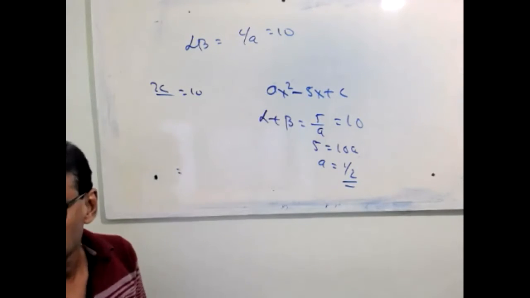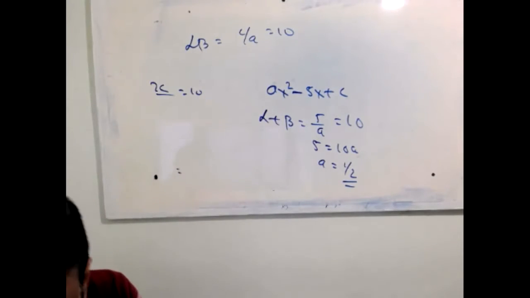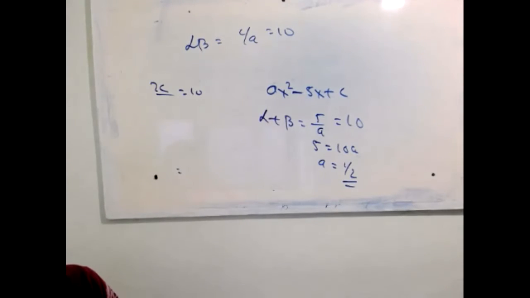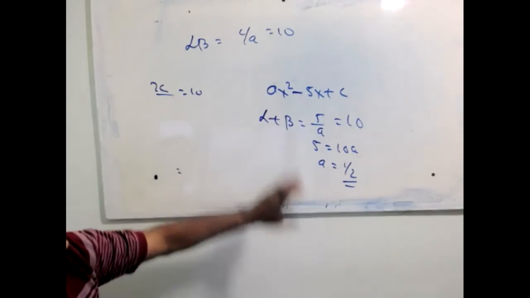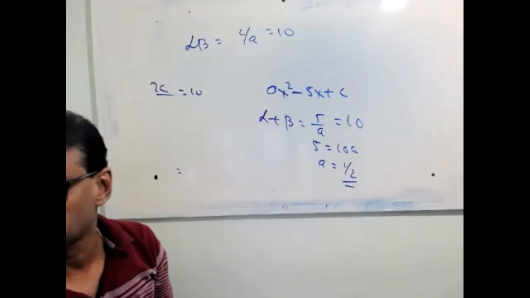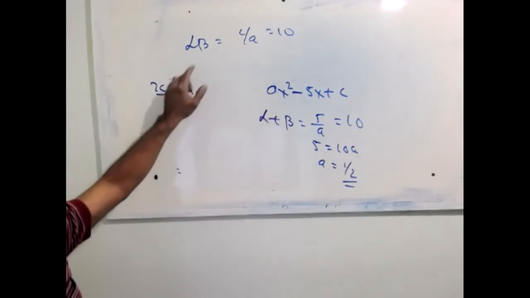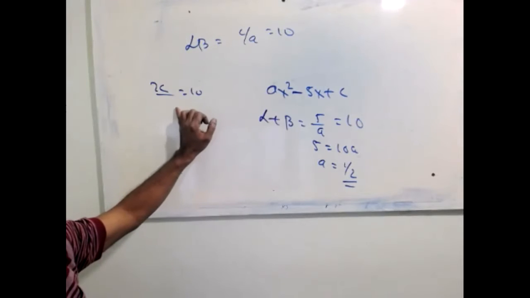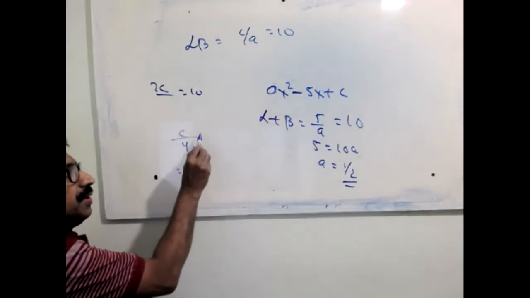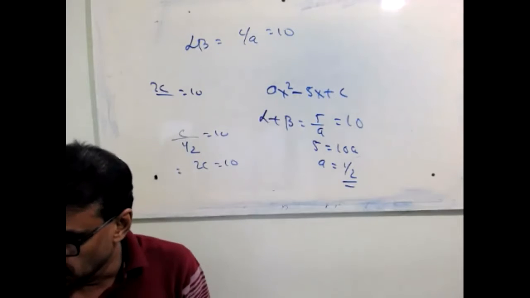Look at here. This is clear now. They are telling you the question is what? The sum and product is 10. Sum equal to 10, product also 10. So we assume that alpha, beta are the zeros of the polynomial. Then alpha plus beta equal to minus b by a, that is 5 by a. 5 by a equal to 10, a equal to 1 by 2. Then alpha beta, c by a, that also 10. So 2c, because c divided by 1 by 2 equal to 10. 2 going up, 2c equal to 10, c equal to 5. Okay. So next one, right?